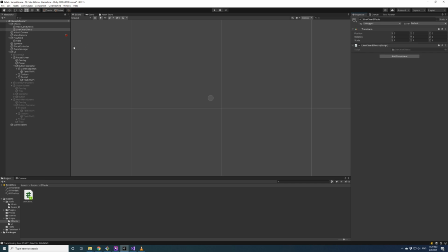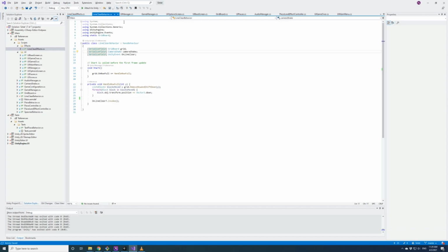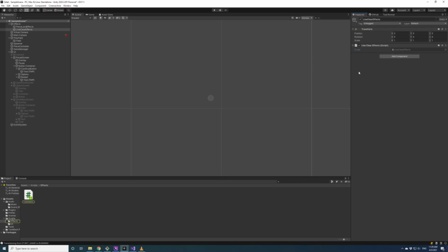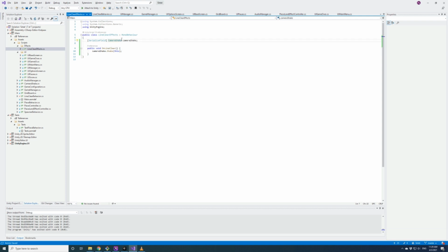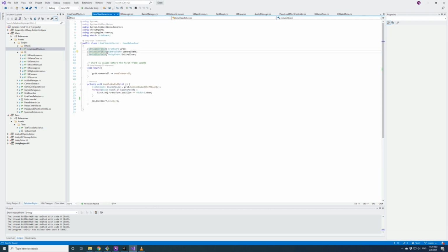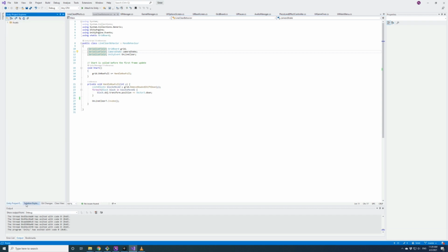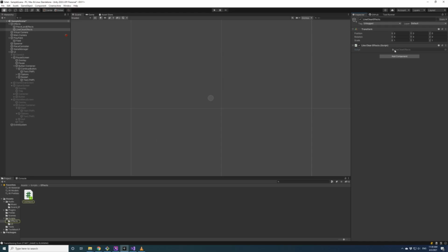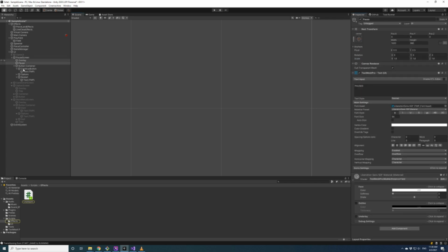Should have this. Why isn't that showing up? Probably means there's a bug somewhere. Build the solution. No, it succeeded. So why don't we have that in here?